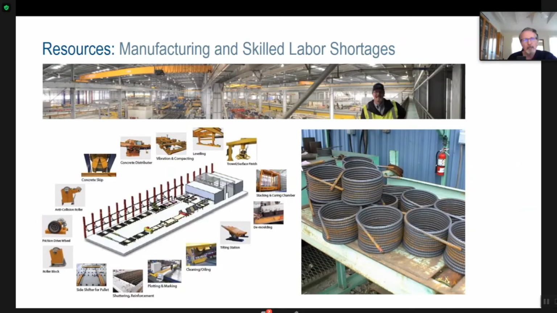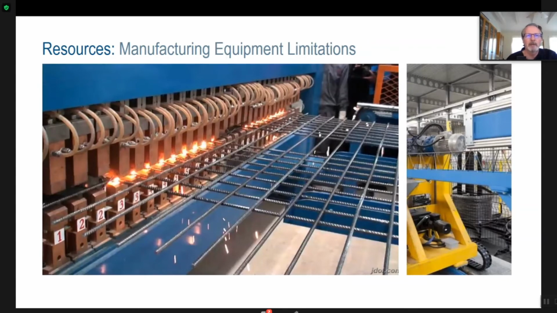These rebar, if we get to this welding machine as an example that's fed by these coils, this can produce sheets of rebar very, very quickly. There's a machine after this that folds the rebar in certain ways. But you need to understand the limitations of the machine. If you get a gauge of rebar that's too big, it doesn't come on a coil and it can't work this machine. So actually next to this machine in this factory are a bunch of workers indoors hand tying big rebar that can't be fed through the machine. That could have been designed differently, understanding the limitation of rebar sizes. And likewise, the logistics could have been handled differently.